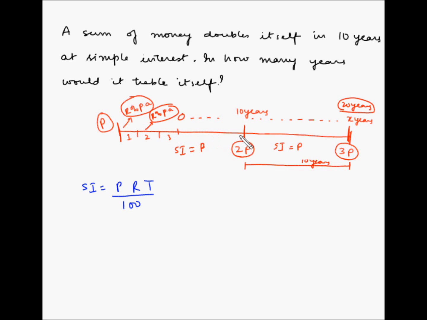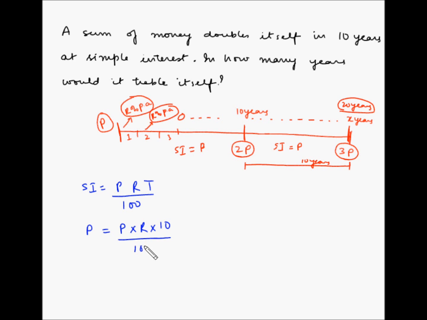What that means is that at the end of 10 years you are getting an amount which is simple interest plus the principal, and the simple interest is equal to the principal because that is when it will double itself. So simple interest is the same as the principal, and this is equal to principal multiplied by the rate, which is unknown, multiplied by the time frame which is 10 years